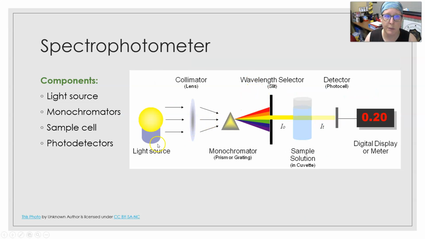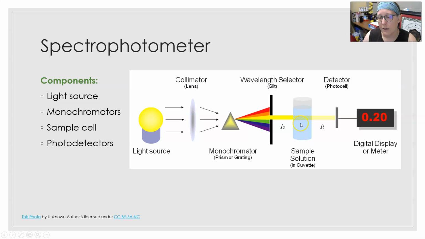So the components of a spectrophotometer: you have a light source that is going to shine light, that's going to go through a collimator or lens that's going to focus the light on a monochromator, which can be a prism or a grating. The monochromator, mono, one, chromo, color, is going to help split the light into its color spectrum, and then a wavelength selector is going to allow the selection of just one color within the light, and then that color is going to be